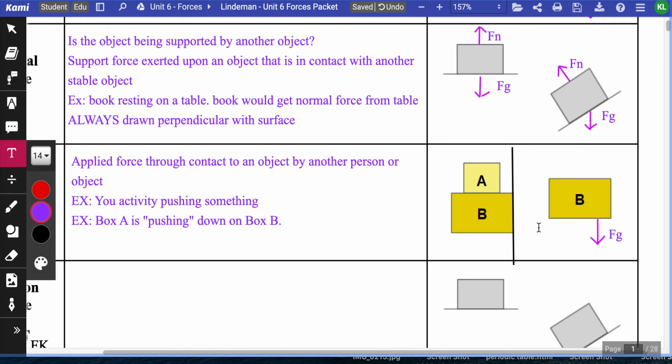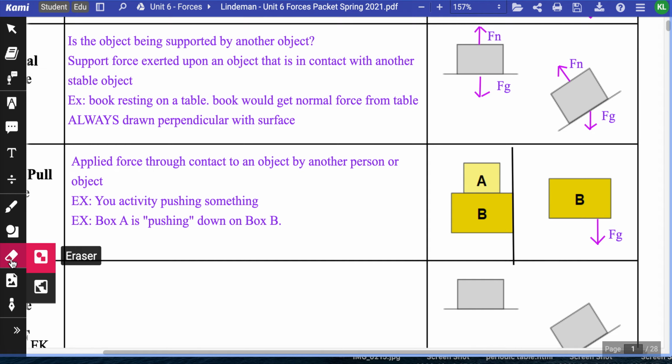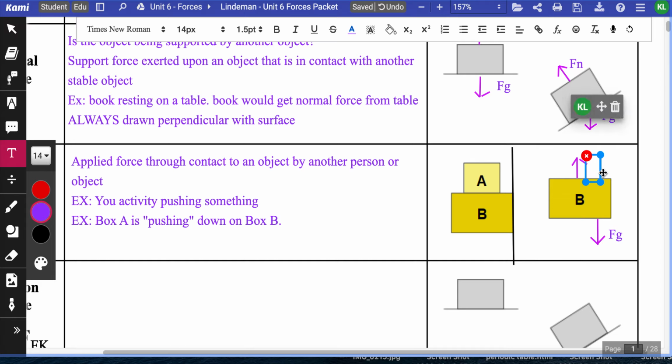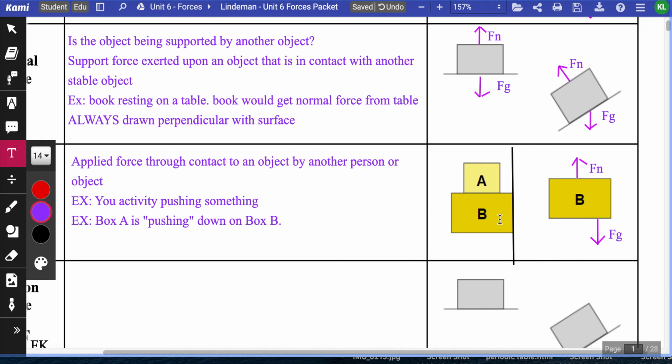So if box B is on its own, it's going to have gravity force pointing down, and it's going to have normal force pointing up. And ideally, those should be in the center, but it's okay. So, Fn. Okay, so this is box B on its own. Box B, when it has box A on top of it,